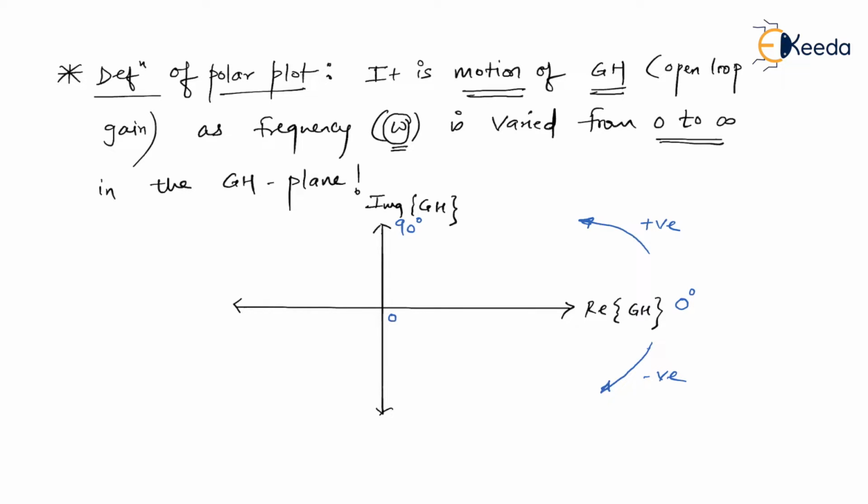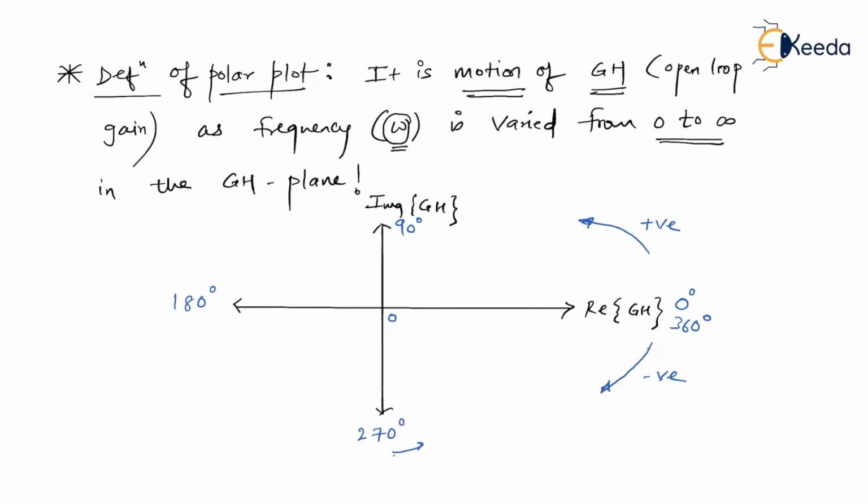Then again from 90 degree, if I move in the anti-clockwise direction by another 90 degree, I will reach this axis and I'll call this positive 180 degree. And again, if I continue moving anti-clockwise by another 90 degree, obviously what I will get over here is positive 270 degree. And from this 270 degree, if I move further anti-clockwise by 90 degree, then definitely this is considered as 360 degree. So when we keep on moving anti-clockwise, we always consider positive angles.